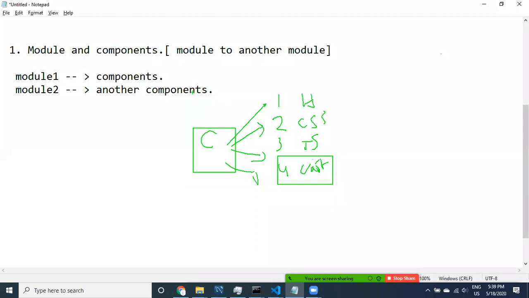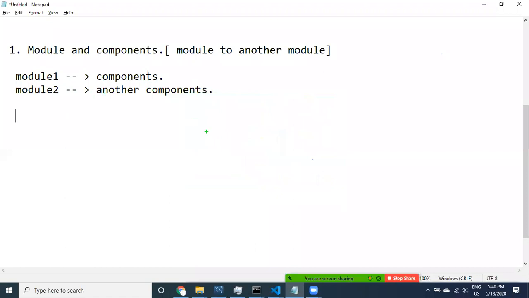Now we have created the component. If I want to create a module, it is going to be a folder. If I create a module, it is going to create a folder, and inside the folder you can create components.